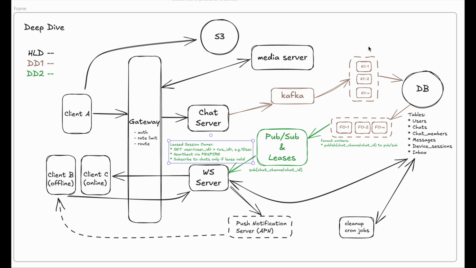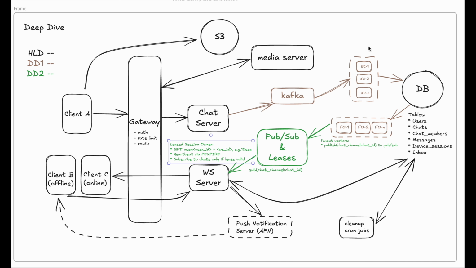And we extend it periodically with a heartbeat, which is the PEXPIRE here. Only if a server holds the valid lease does it subscribe to the user's chat channel, for example, keyed by the chat ID. This guarantees only one WebSocket server is responsible for the delivery per user, avoiding duplicates and